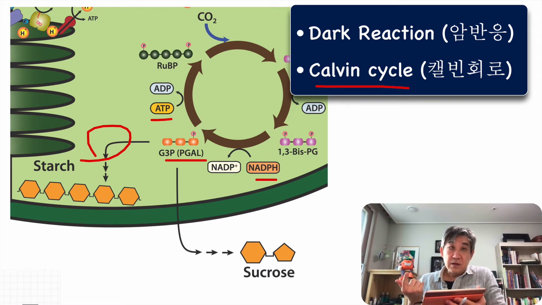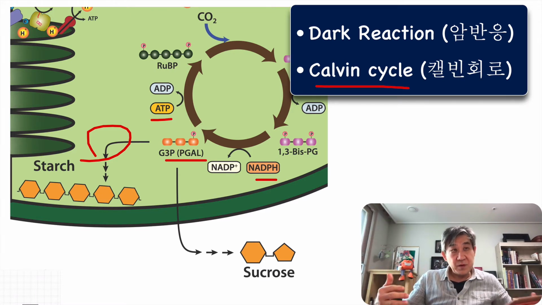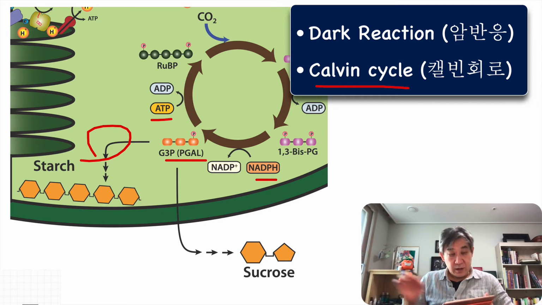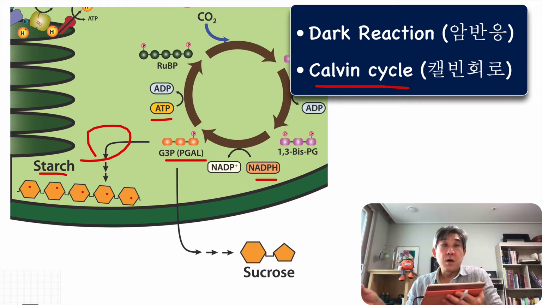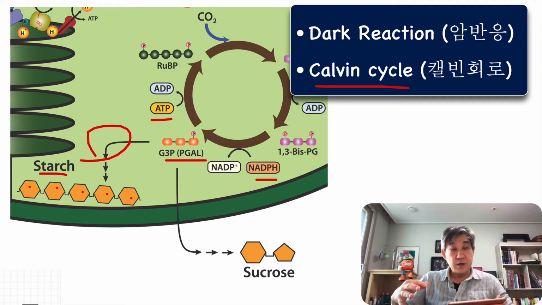And now that glucose is being assembled into the polymeric form of glucose, starch. So in the starch molecule, this ring structure indicates each individual glucose molecule, and several hundred or more glucose molecules are assembled to form one starch molecule, which is a very ideal form of storage.